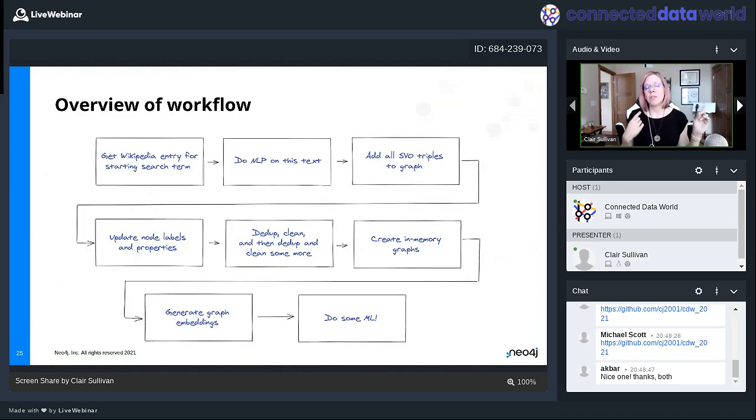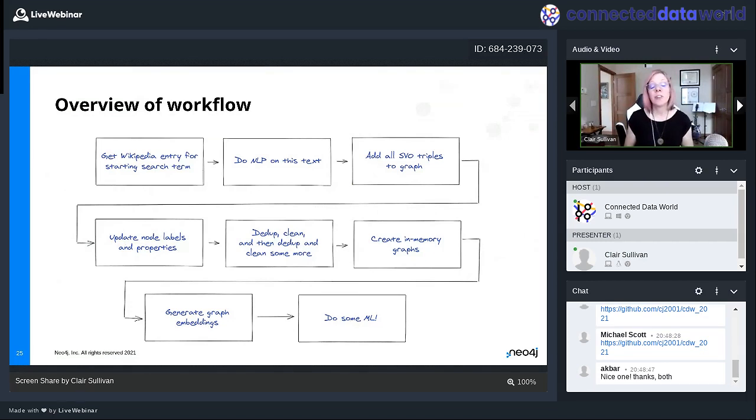And what we do then is that we can add node labels and properties based on what we might figure out from those subjects and objects. I'll show you how we're going to do that with the Google Knowledge Graph here in a second. And then there's our cleaning process: dedupe, clean, dedupe some more. And we're going to be deduping till the cows come home.